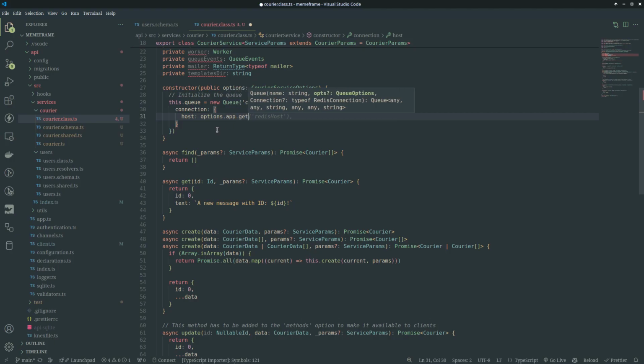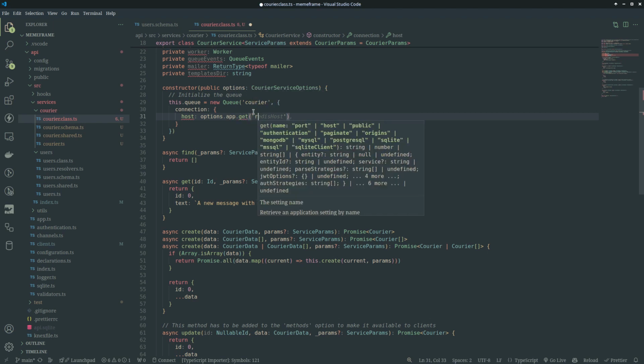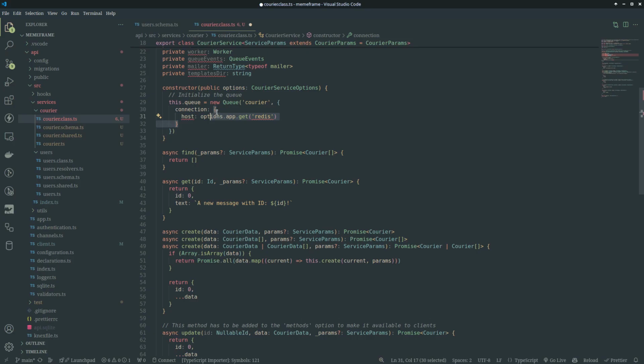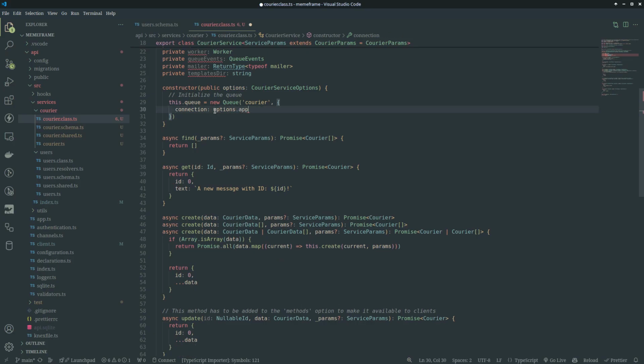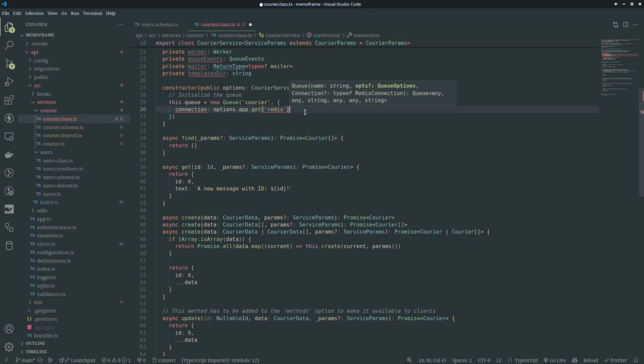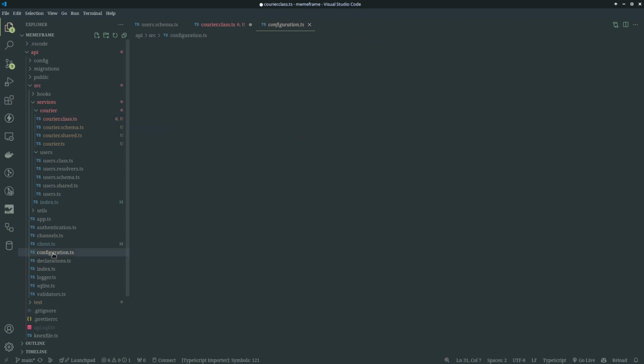options.app.get. So normally you can configure an environmental variable and access it through get. So in this case I can do get redis. In fact, I could just do something like this: options.app.get, and then just do, let me see. So in this case, yeah, I just say redis. Currently redis is not set, so this is supposed to fail for now. Am I not making a mistake? I hope I'm not. So let me go to configuration and just set up that